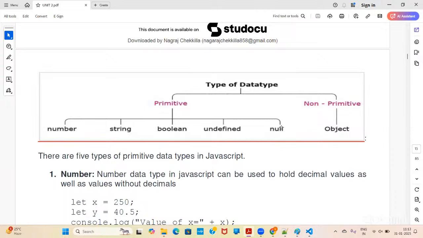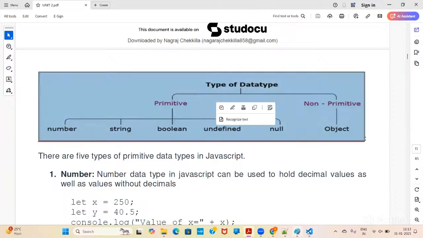We can use null values for all the variables. For initial stages, null is the default value. So when we go for undefined, so